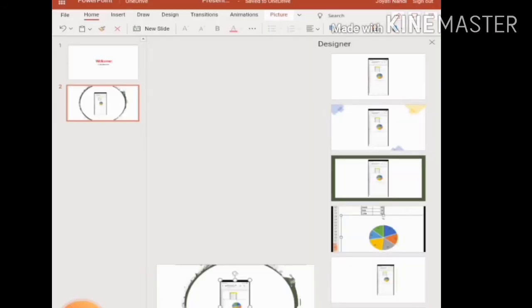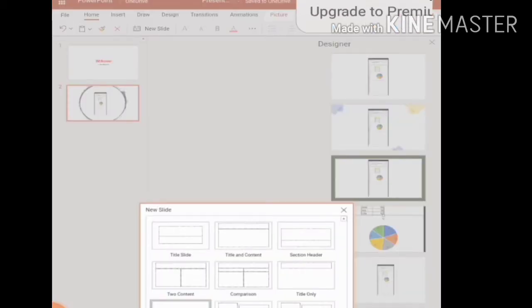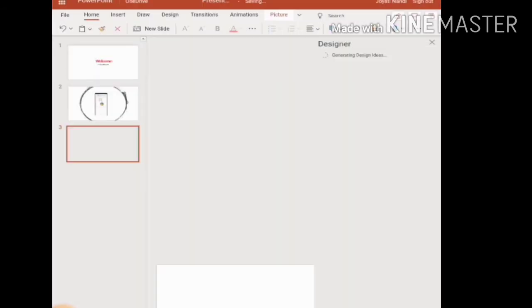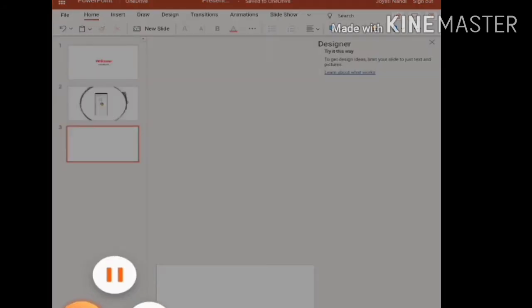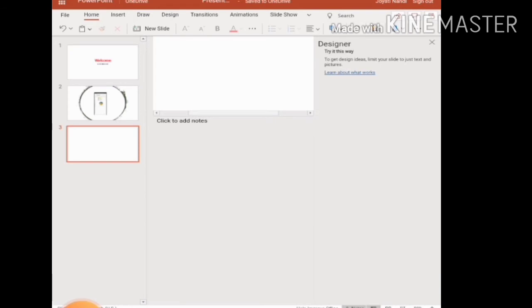Okay, so I am now inserting another slide for inserting another object. So for this, just click on this one, and then click on any one. I am clicking this one, then add slide. Okay, so this is my new slide. So next one, I want to insert,